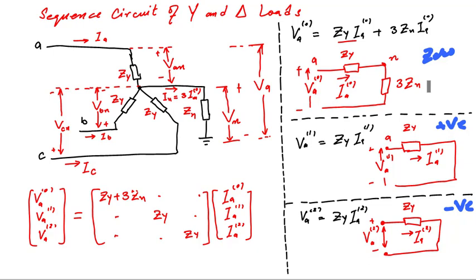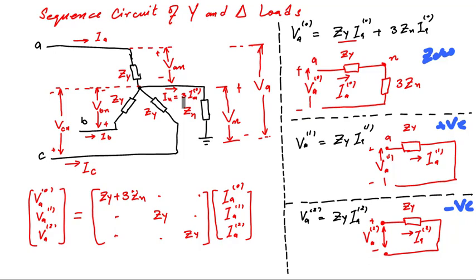Next thing, this impedance does not appear as it is in zero sequence. Rather, it appears as 3 times Zn. So why is it appearing as 3 times? Because in the actual circuit, 3 times the zero sequence current was flowing through a single impedance Zn. But in this circuit, a single current IA zero sequence is passing through 3 times Zn, so that the voltage drop between neutral and ground must remain the same. So the voltage drop here, Vn, is equal to 3 Zn IA zero sequence. The voltage drop here is also the same, 3 Zn IA zero sequence.